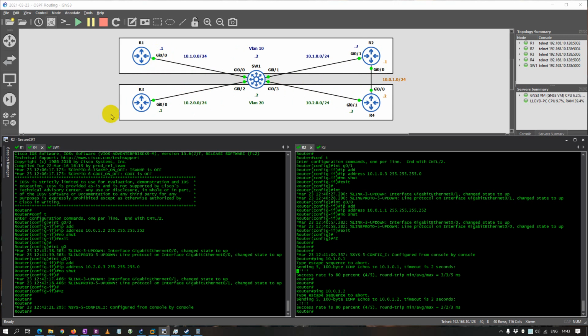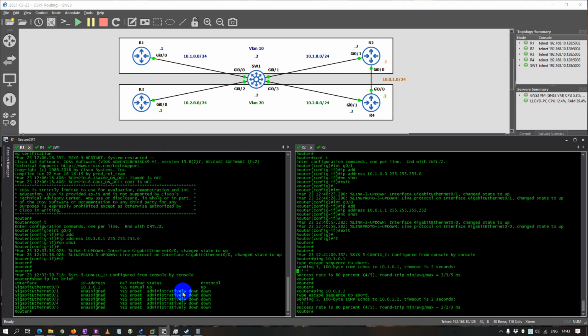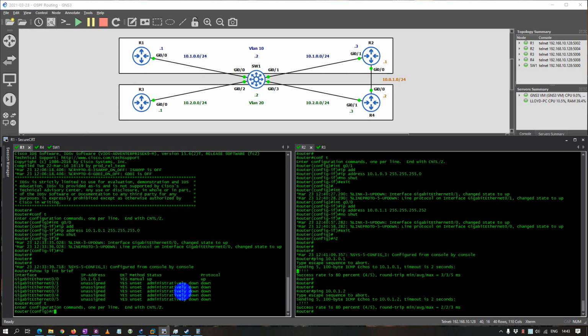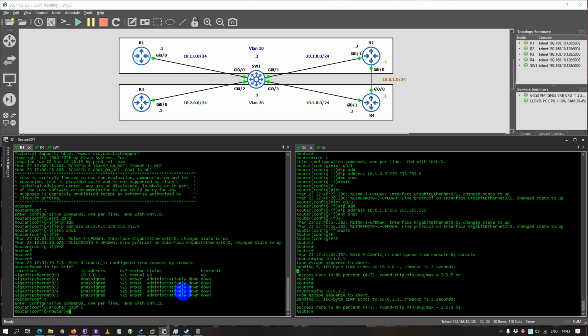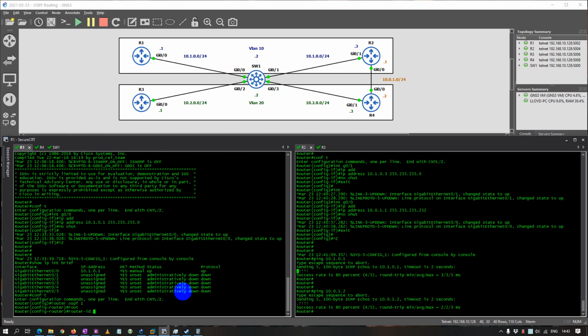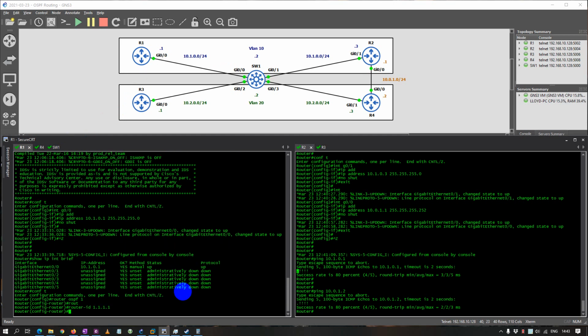Starting on router 1, configure terminal, router OSPF, and the instance ID is 1, router ID, so router 1, so let's make it 1, then network, let's take the entire branch of the network, so it's